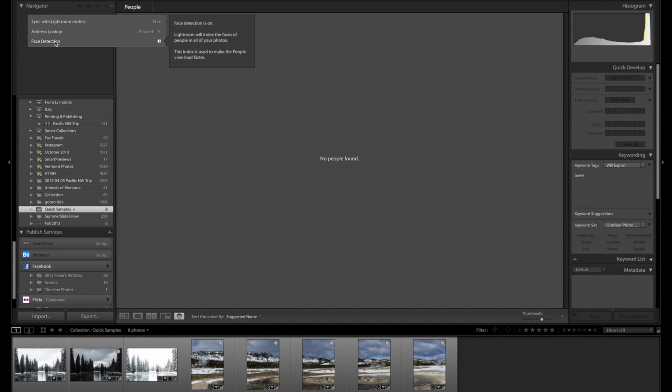I don't know if I can get, there we go. Lightroom will index the faces of people in all of your photos. So again, I limited it to a collection, and when I'm ready to let Lightroom search my whole catalog, I will then click on all photos and probably do that before I go to bed and just let Lightroom run overnight, and in the morning wake up and hopefully there will be a huge pile of faces to go through and then tag. The other thing that is new right here that I'll talk about briefly is the address